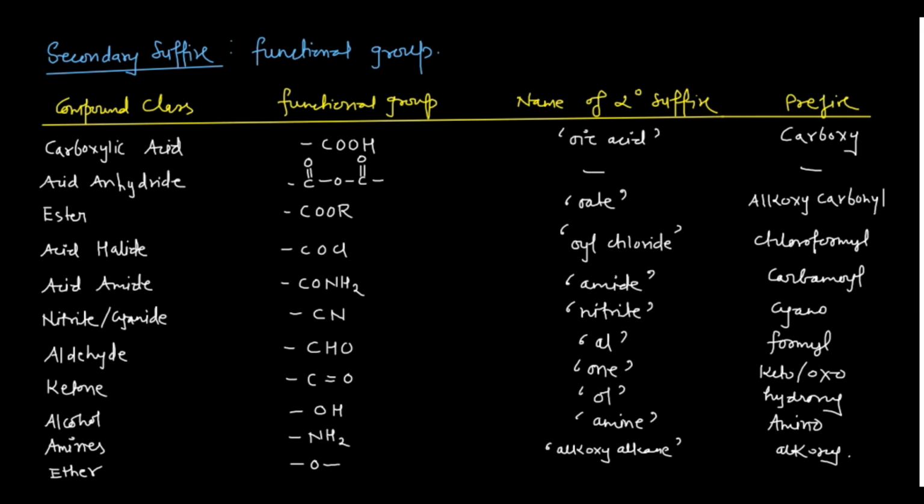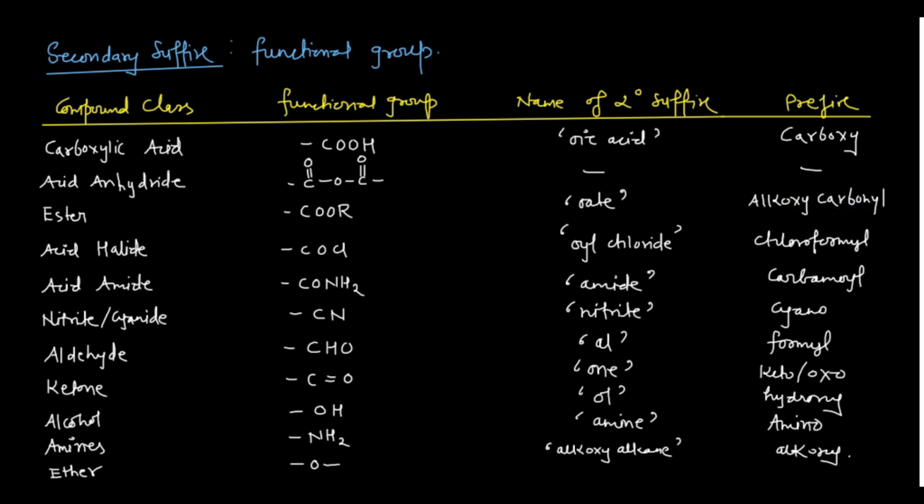Two functional groups are there in your compound, carboxylic acid and ester. Then your carboxylic acid would be the main functional group and the name of the compound would end in "oic acid", and in that case your ester would be treated as a side chain, or the prefix. Then the name of this ester is the